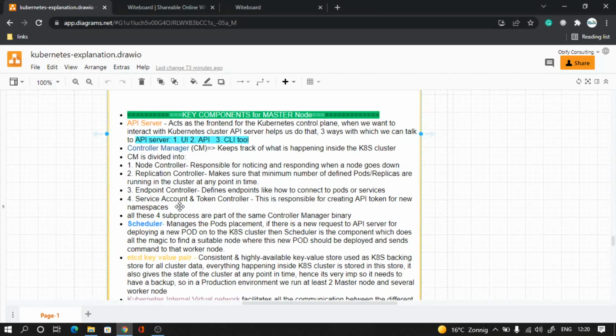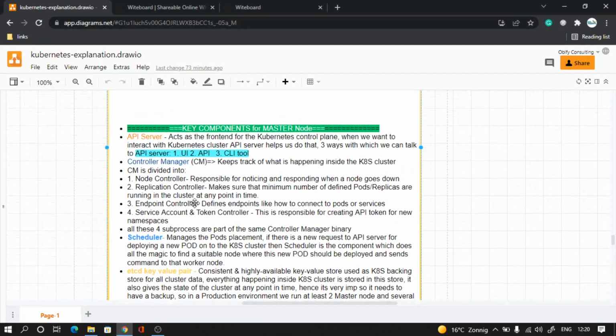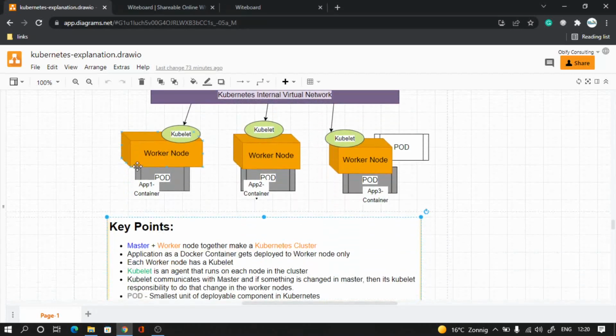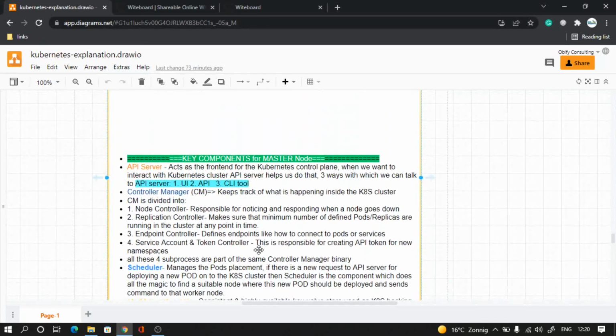The next controller type is the service account and token controller. This is responsible for creating an API token for a new namespace. Let's say a new namespace, and of course, a namespace is nothing but an isolated group of components. If a new namespace is created, then whatever API token we need for that particular new namespace, it is the responsibility of the service account and token controller to create that token. So again, all these four controller types that we saw are actually bundled into the same binary package, same jar package, and deployed